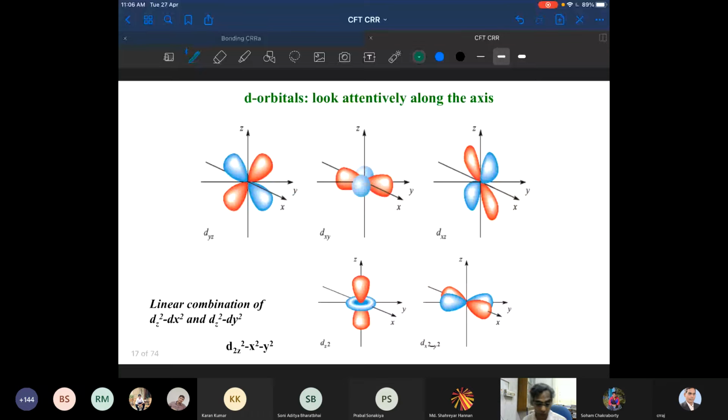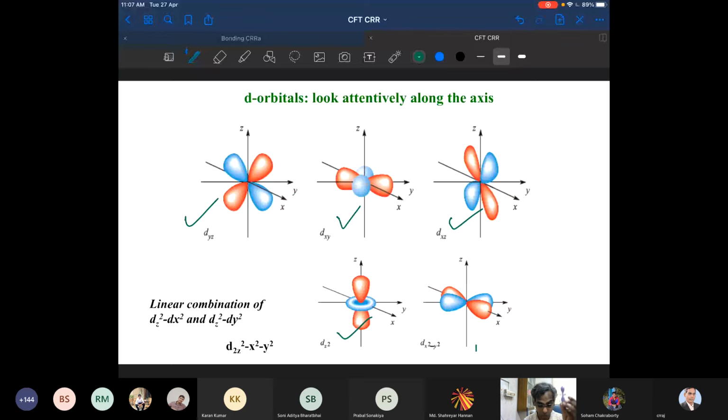So what we have here are the orbitals, which you should have already studied. You have your dyz, dxy, and dxz. Those who want to see the actual model, usually in a physical class I show all these models. In the camera, you will be able to see that is one of the d orbitals. And here I have the dz squared orbital.